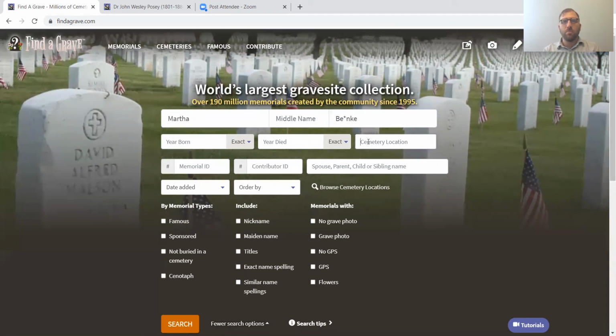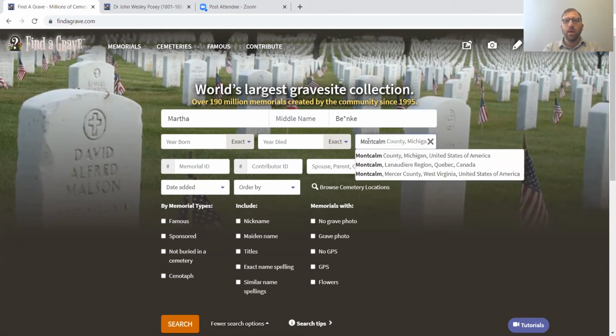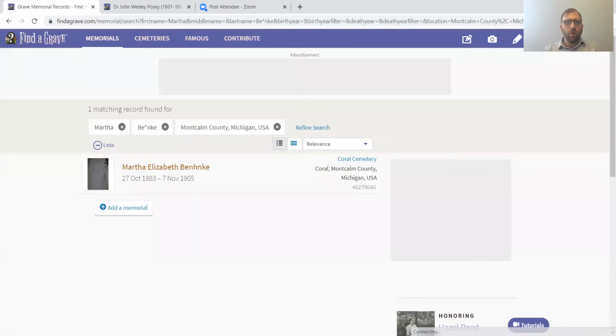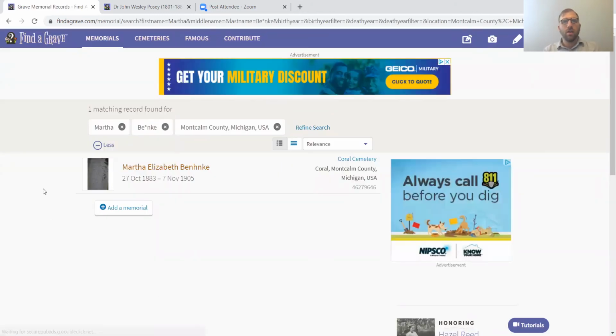Since there are other Martha Behnkes out there, I want to give her cemetery location. I happen to know that she's buried in Montcalm County, Michigan. So hopefully this will give me the specific record that I'm looking for. And voila, sure enough, Martha Elizabeth Behnke. Now, what's wrong with this record? You wouldn't know if you don't have my surname, but this is misspelled. It should be Behnke, and it is